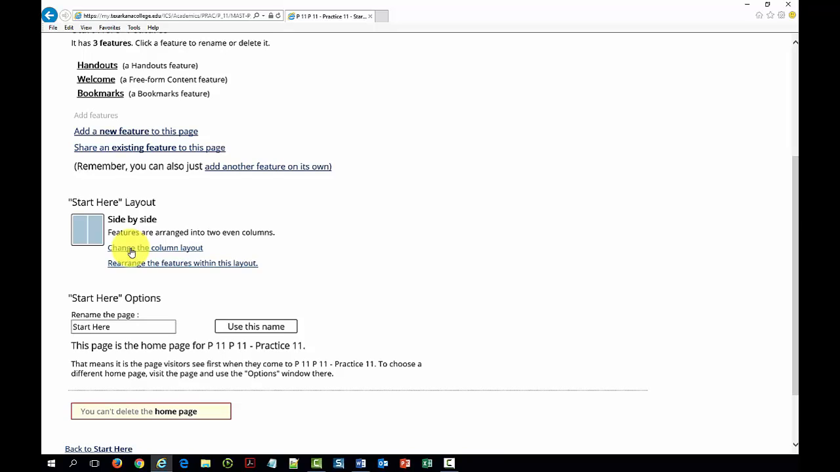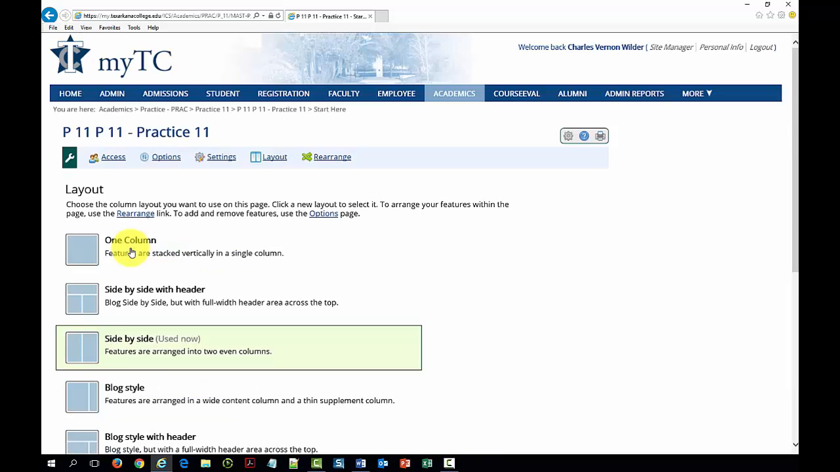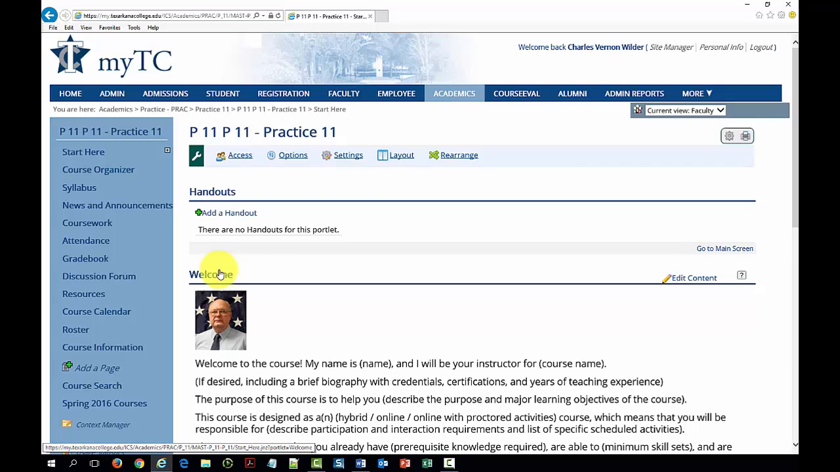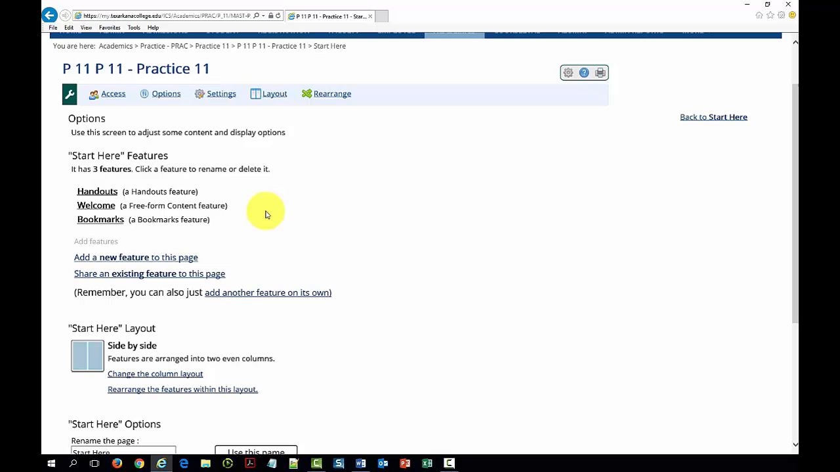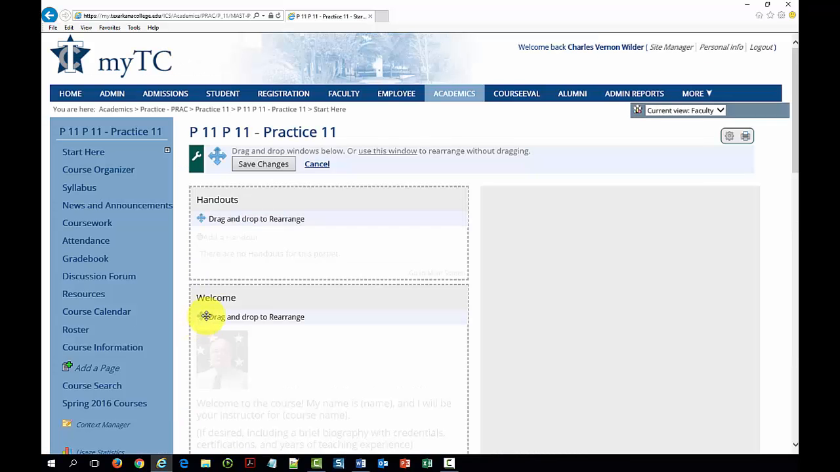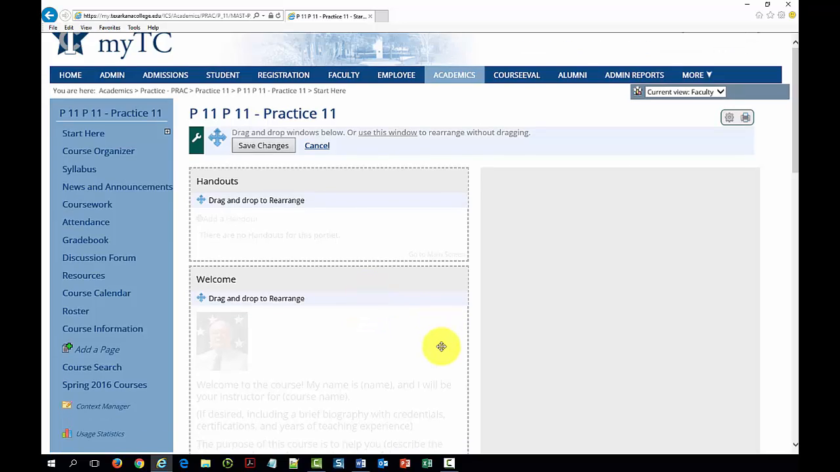If I wanted to change that to different types, one column side by side with header, I've got all those choices. I think it's easier just to leave it on side by side. So I'm going to come back up to options, and I can rearrange the features within this layout. And that's where I want to put things over on that second column, because right now everything looks like it's just in one column. So I'll click on rearrange the features within this layout, and then there comes up,